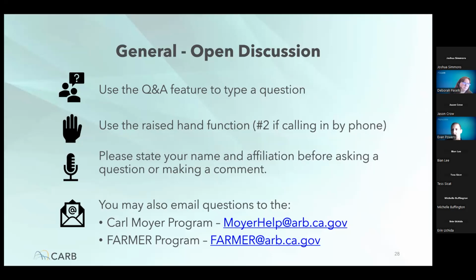So the short answer is no, but I did want to clarify, for the Farmer Program at the state level, we developed a minimum set of requirements that the districts must follow in implementing the program. So even though this answer may be no, there may be additional overlays based on your air district. For instance, districts have discretion to fund at lower levels than we allow if they'd like to spread the funding out further. So really it's a good idea, like Debbie just said, to contact your local air district to see if there are additional overlays in some of the requirements that they have within their local jurisdiction.